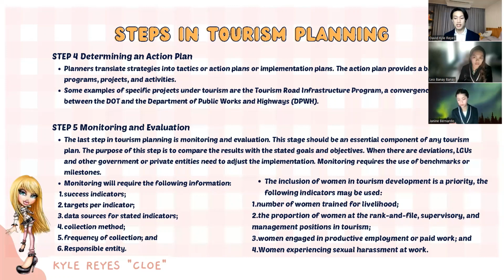The planning process sometimes does not follow the aforementioned outlined steps. Sometimes a goal is already predetermined by an agency that commissions a planning firm to flesh out the details. The process is also iterative because after monitoring and evaluation, another planning cycle may commence, including refinements in the targets and strategies. So those are the steps in tourism planning. Next slide, please, for the chapter summary.